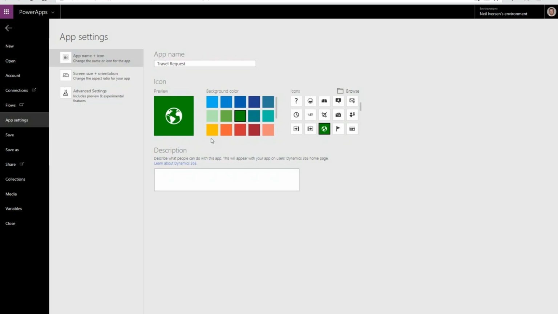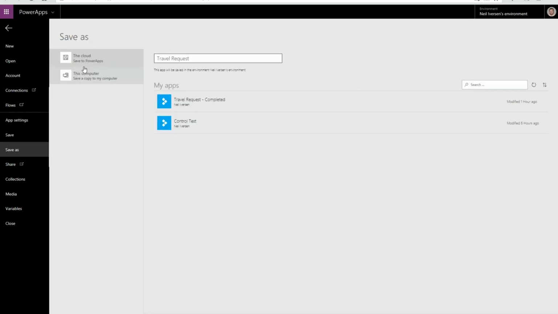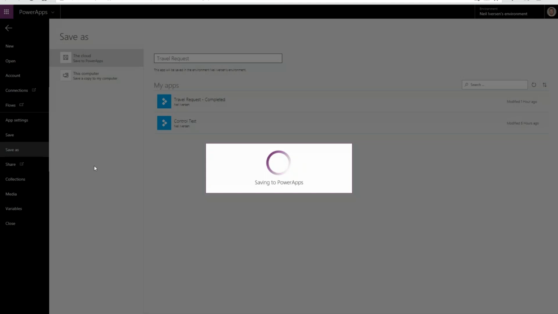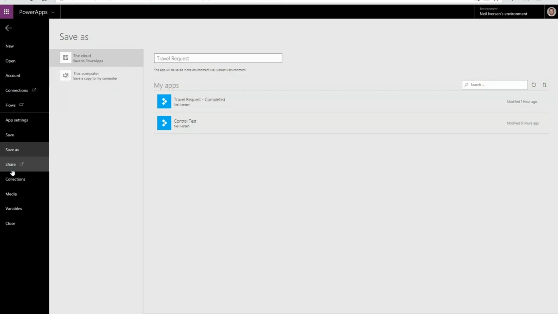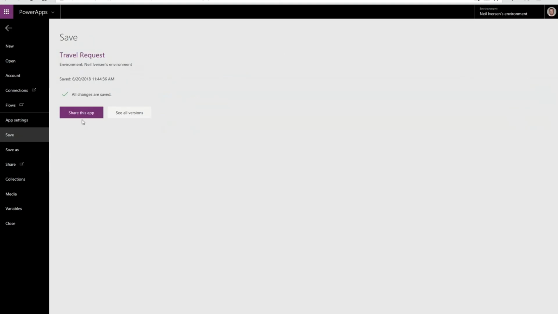We can save it. We can put any description that we want to on here. We can save it, and then once we have it saved, once we have it out here, then we can start to share it with other people. So we can share this application. And from here, you can see the screen that was in my previous screenshot, where we can see that I own it, that I've published a version,